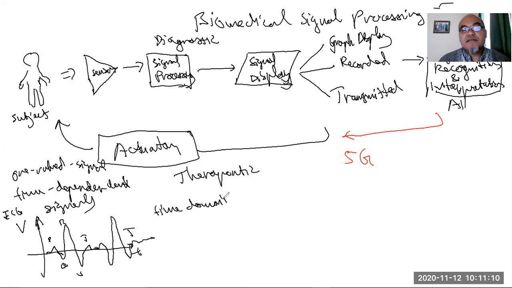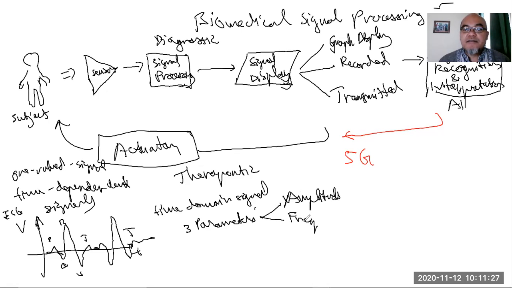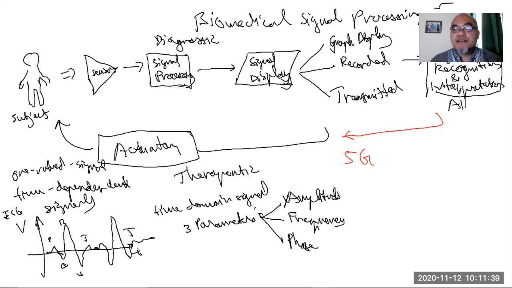In a time domain signal, mostly we express a signal in three parameters. What are they? They are the voltage or the amplitude, then the frequency of the signal, then the phase of the signal. This is, if you know from mathematics, usually we express a time domain signal in terms of a sinusoidal signal. So if we have only one single sinusoid, for example, like this,